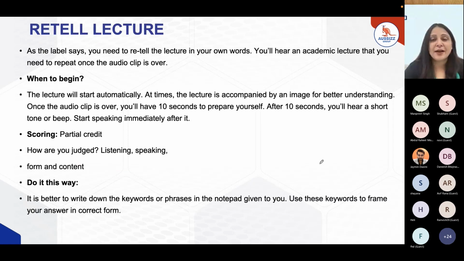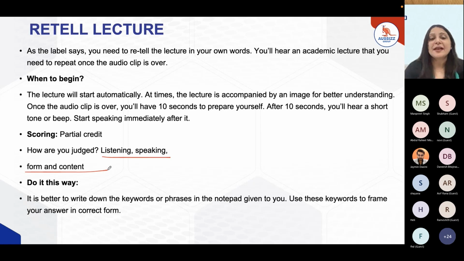Retell a lecture: you have to listen to a lecture and then retell it in your own words. There could be 1 to 2 questions in your exam, and you have to begin when the timer gets on. When the lecture ends, there will be a 6 to 10 second gap, and then obviously there will be a timer that gets on, and once you see the recording bar, speak immediately within 3 seconds, otherwise it can go off. You are judged only for 2 sections, listening and speaking, and the computer is looking for form